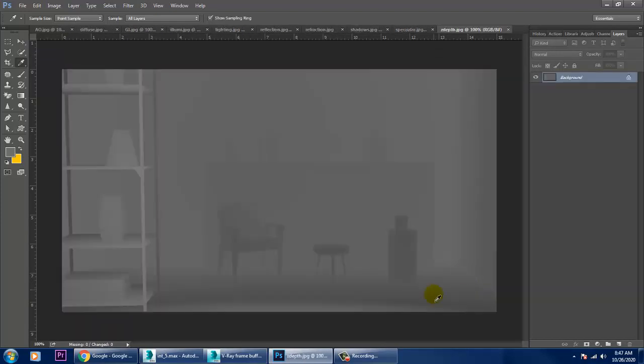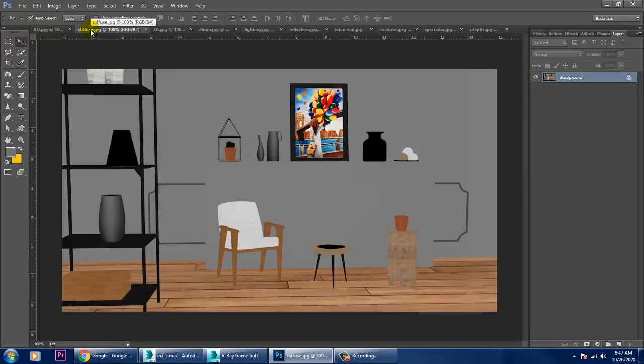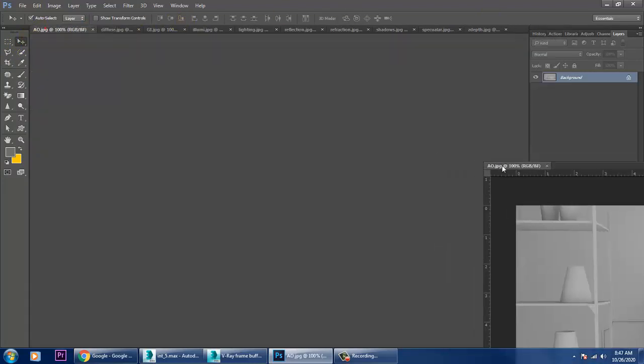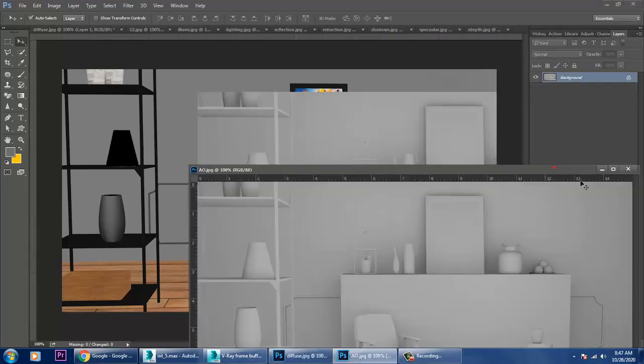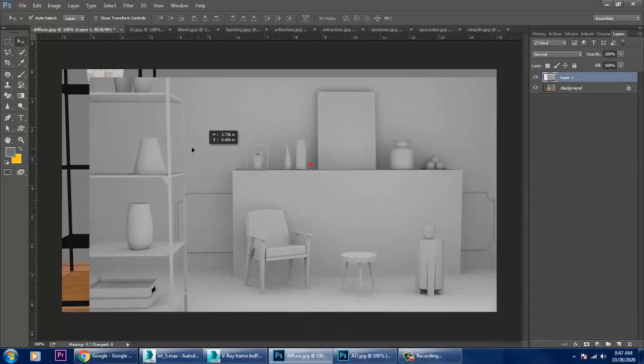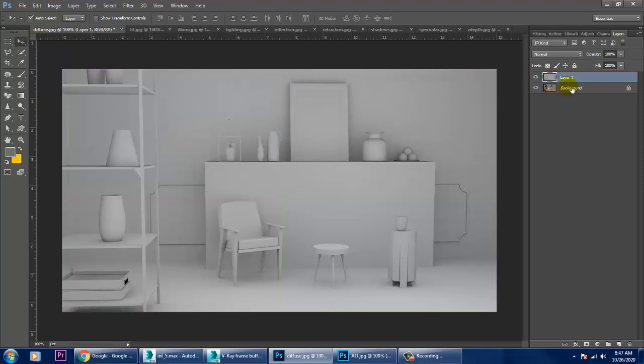So very first of all, we'll take down a diffuse pass. On top of that, we'll be using the ambient occlusion pass. So let's just drag this ambient occlusion pass on top of this. So we can just rename all these passes.